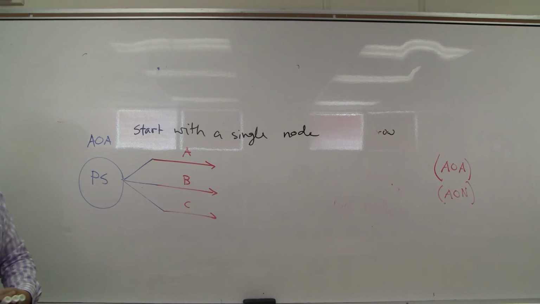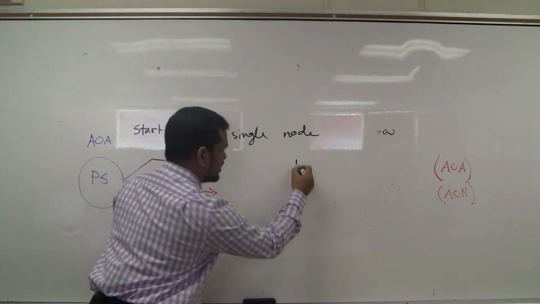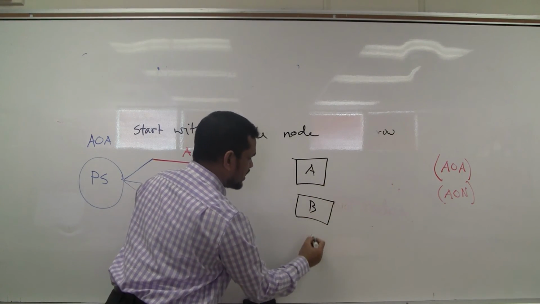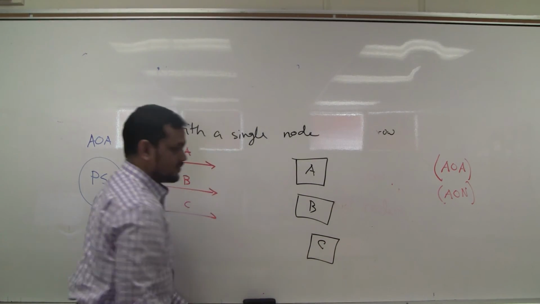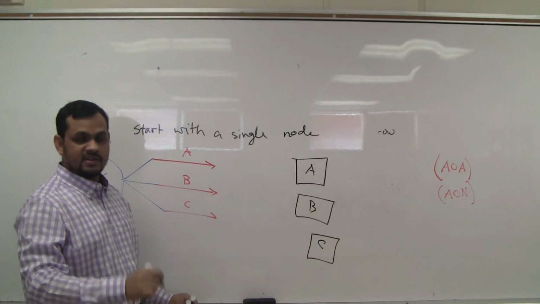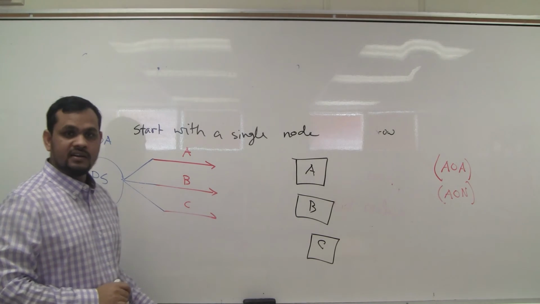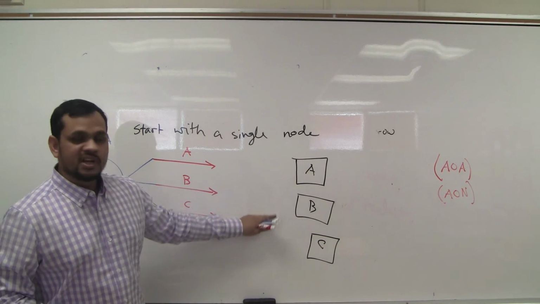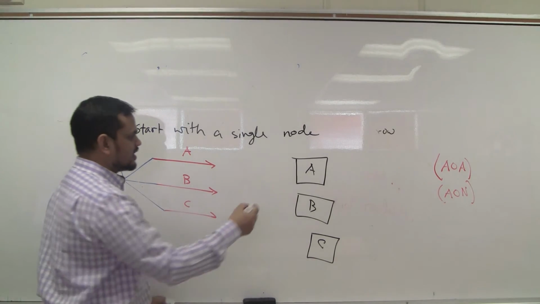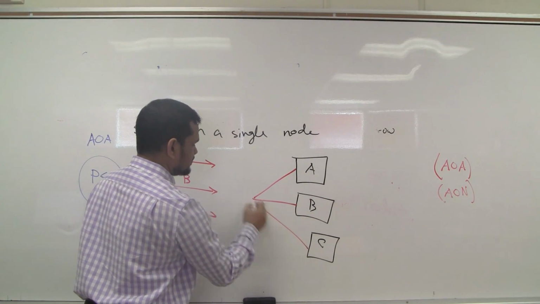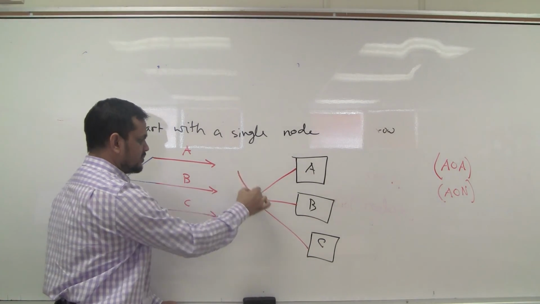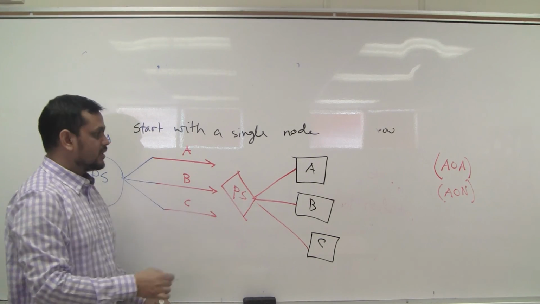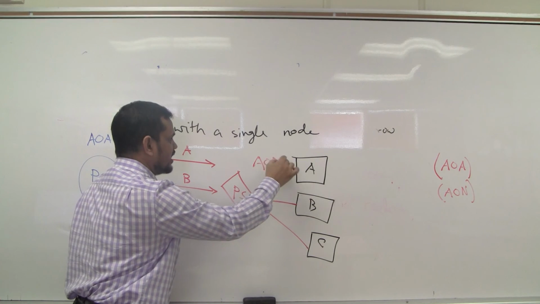How about the node diagram? In the node diagram, say one activity A, another activity B, another activity C, starting at the same time, same day, same moment, yes, at 8 a.m. sharp. Now this way we cannot start. Better to start from a common node. This is for the AON diagram.